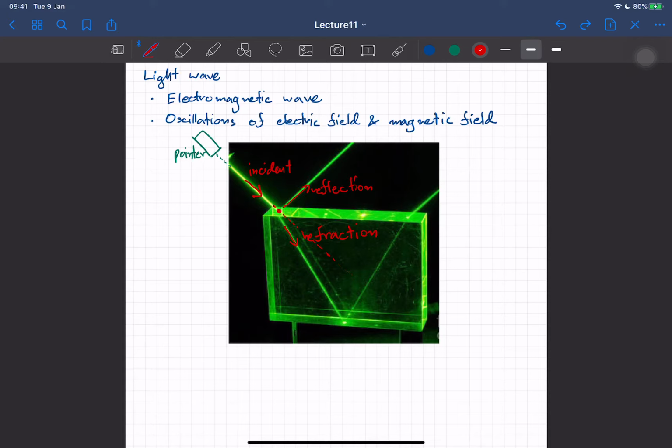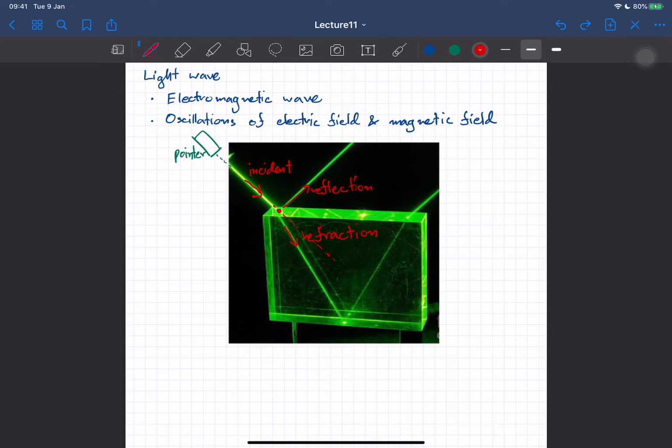But anyway, this transmitted light just keeps on going, and then eventually it's gonna hit another surface here, right? And then it's gonna reflect up again and then enter the air one more time. Okay? And you can see that